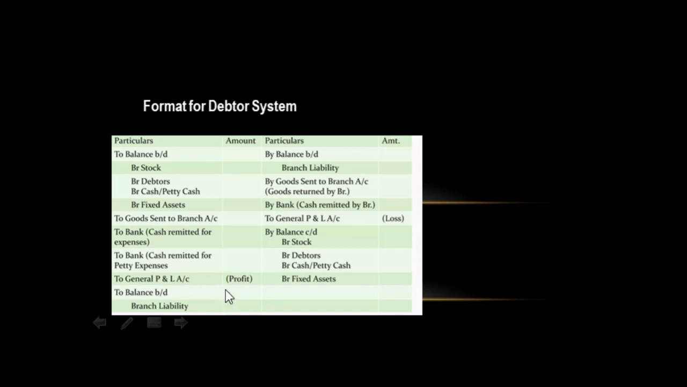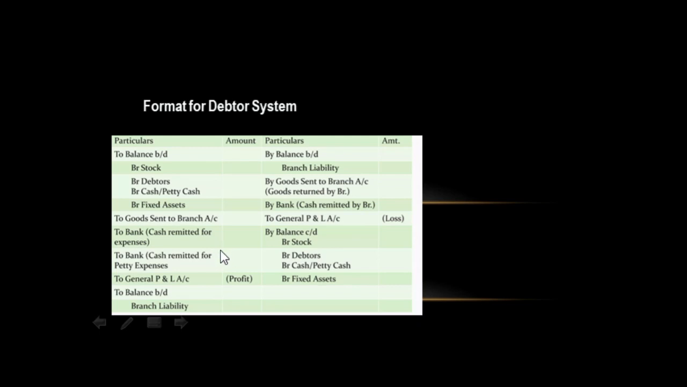Similarly, when the goods are sent to the branch by the head office, it should be written on the debit side. This is the format, like goods sent to the branch, right? This is the purchase for the branch, but in the head office they will be writing it as goods sent to the branch. In the same way, the cash expenses which are paid by the head office to the branch should be written on the debit side, because this is an expense which is paid by the head office to the branch